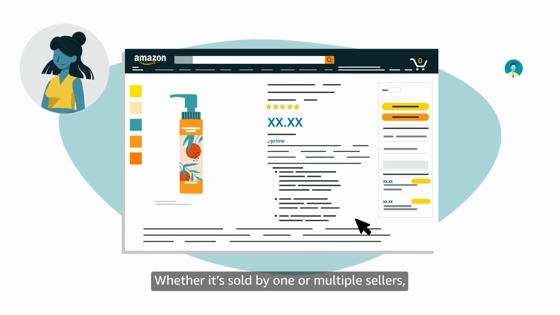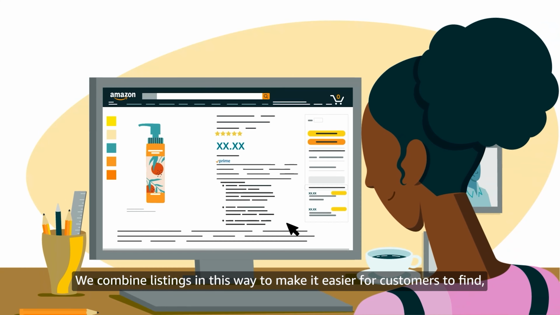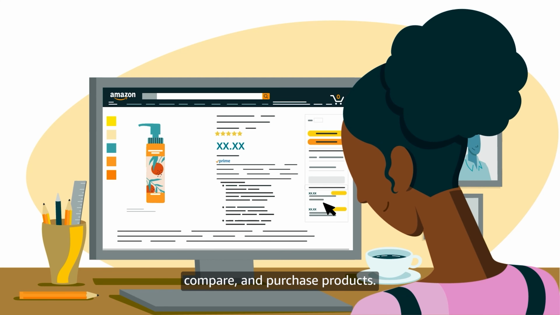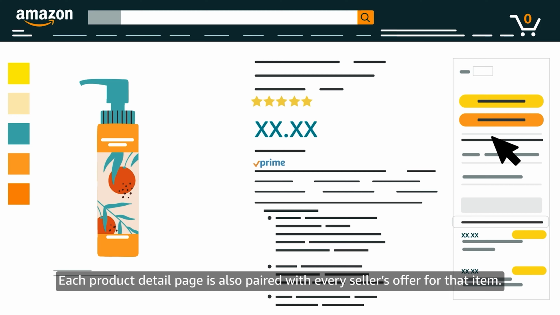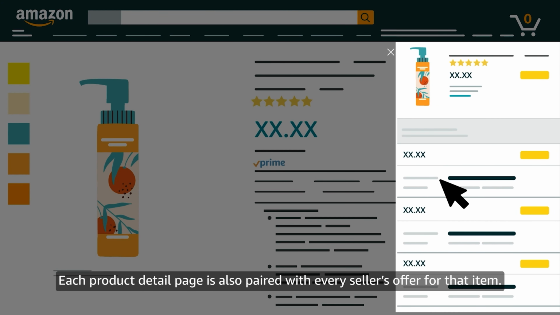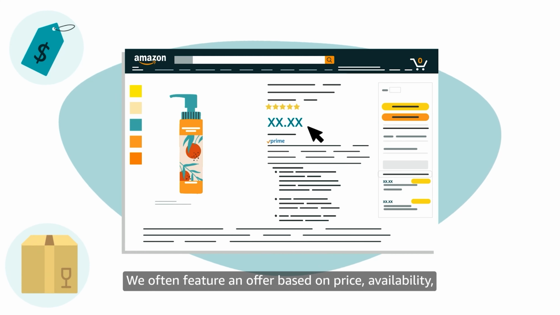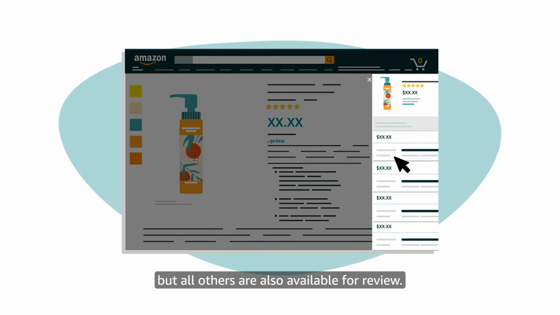Whether it's sold by one or multiple sellers, a product's information is housed in one place. We combine listings in this way to make it easier for customers to find, compare, and purchase products. Each product detail page is also paired with every seller's offer for that item. We often feature an offer based on price, availability, and the customer's shipping address, but all others are also available